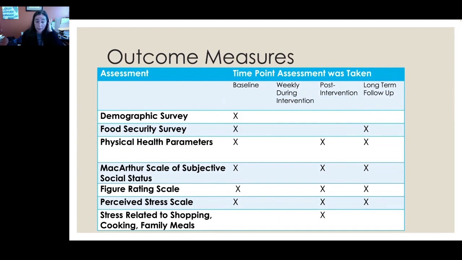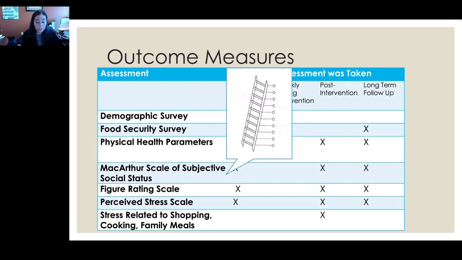The social measure of health, remember we talked about subjective social status, we used the MacArthur Scale of Subjective Social Status to assess SSS, or subjective social status. This tool shows an illustration of a ladder, and the prompt for the ladder says, imagine that this ladder represents the place that people occupy in society. At the top of the ladder are the people who are the best off, those who have the most money, most education, and best jobs. At the bottom are the people who are the worst off, those who have the least money, least education, worst jobs, or no jobs. Please place an X on the rung that best represents where you think you stand on